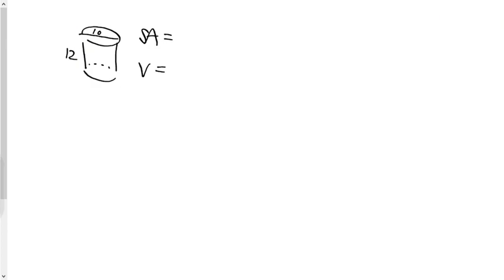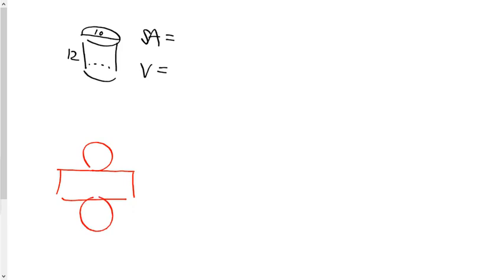Our next question is an actual cylinder. Oh, I better keep that there. That's important. Surface area. There are 3 faces. If I drew the net, it would look like this. 3 faces. The formula for surface area is 2 circles, which is represented by 2 pi r squared, plus this